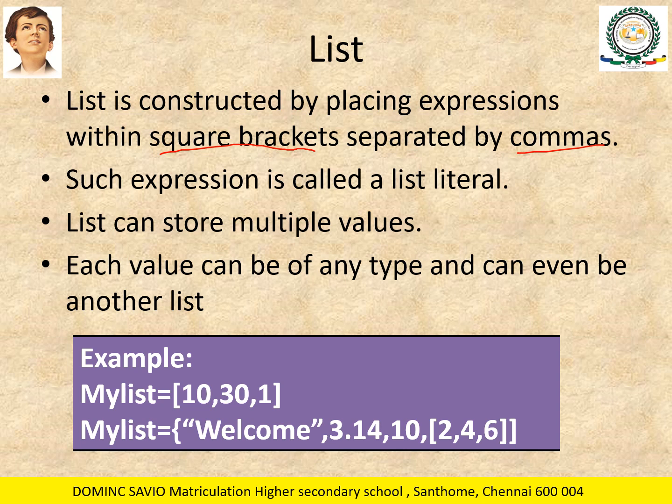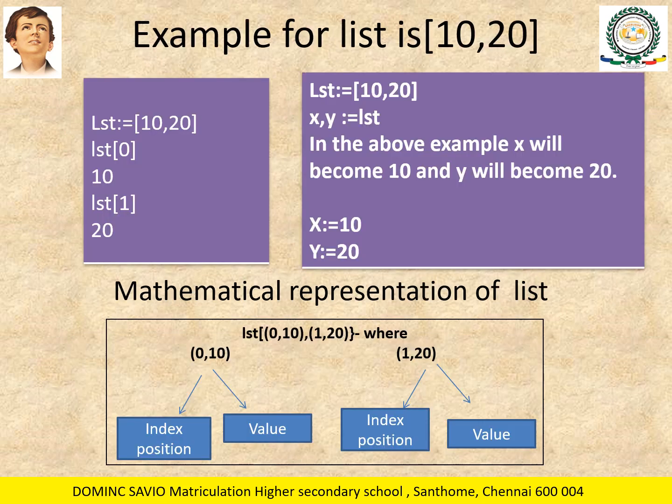A list can store multiple values. I told you, right? We can change one or two. Here a character, a string, a floating point value, an integer, and inside the list I have created another list. So we can store multiple values inside a list. You can also have a list inside, even here inside this you can have another list. That is not a problem under the list category. Clear?